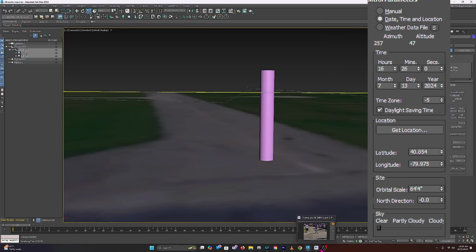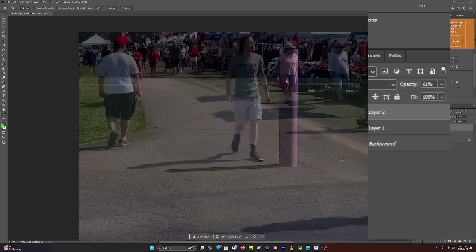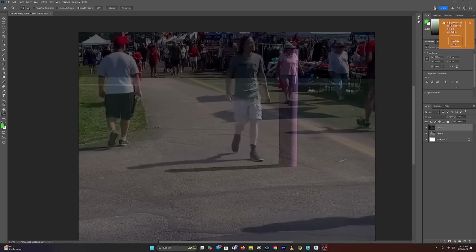But I took that same shadow and I placed it over the scene of Thomas Crooks, and this is what it looks like. I made it somewhat transparent. Now here's the shadow, and up here his head is sticking out a little bit further. But it looks like right there, if you just compare the distance between these areas, it's exactly the same. So I think that this time is very accurate, that 4:26 appears to be the correct time, and I'm comfortable saying that that is what time it is.